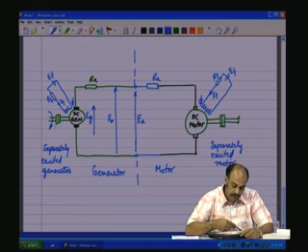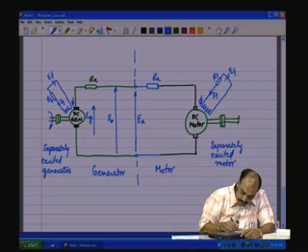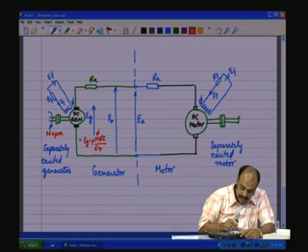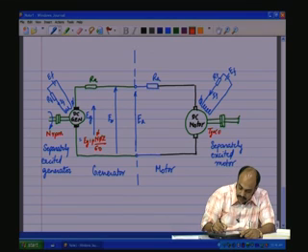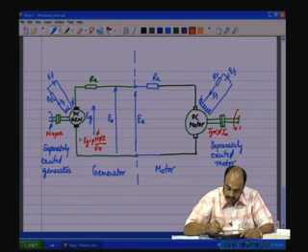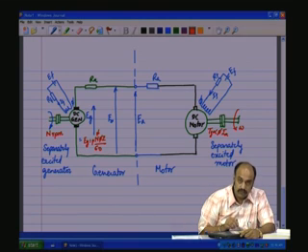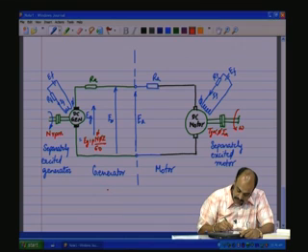So, if we control the speed of the prime mover, the generated voltage here changes, because this is dependent on the speed here. If this is rotating at n RPM, what you are going to get here is EG, which is equal to P n phi z by 60. So, n here is going to affect EG. So, by changing n, EG changes, E naught changes, and therefore EA changes, which is going to change the generated torque here, which is phi IA, which is going to affect omega. So, the speed of the mechanical shaft on the motor side is controlled by controlling the speed of the mechanical shaft of the generator. This type of speed control system is called